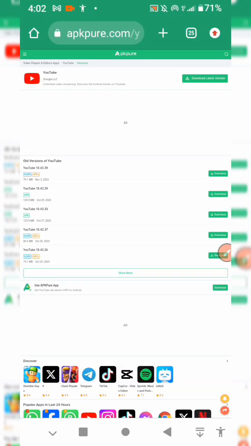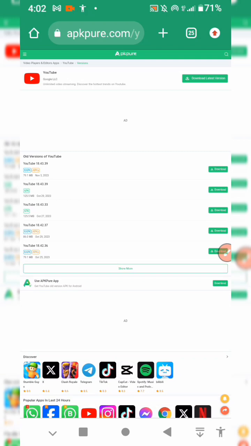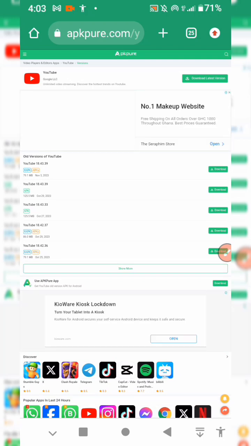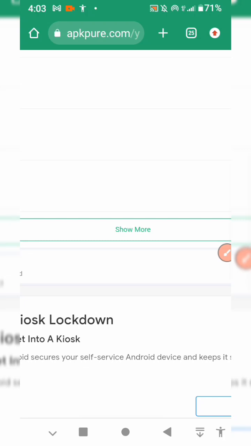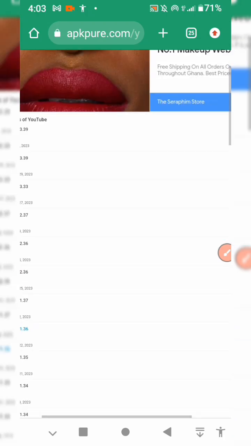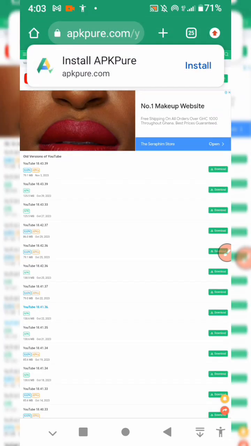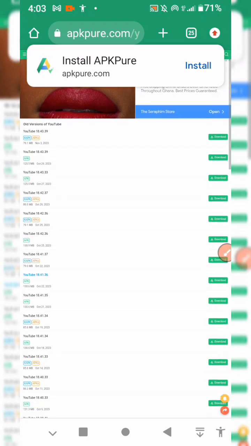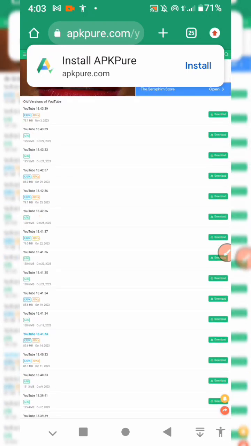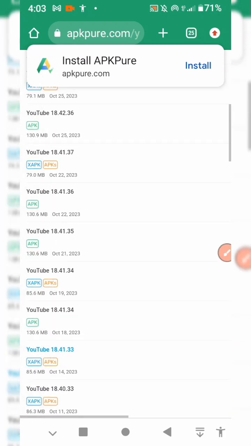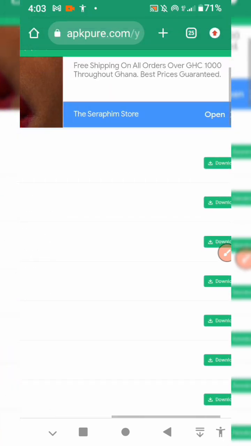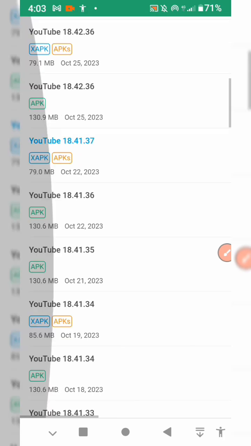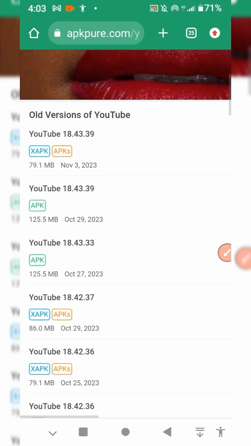So when you tap on it, wait for it to load. After that, you're going to see more over here. So you tap on the see more to see all the updates over here. So what you have to do is to, as you can see, we have the versions over here and downloads over here. So let's zoom. So before you download